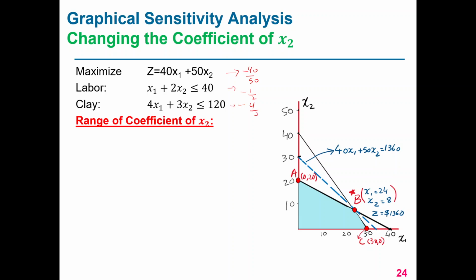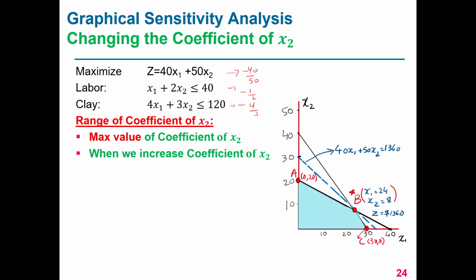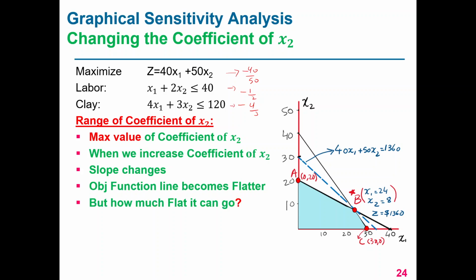So in a similar fashion, we see what is the range of the coefficient of x2. First, we need to find the maximum value that the coefficient of x2 can take. We know that when we increase the coefficient of x2, it changes the slope, and we discussed in the initial part of the lecture that the objective line becomes flatter when x2 increases. But how flat can it go? The same question that we discussed in our previous